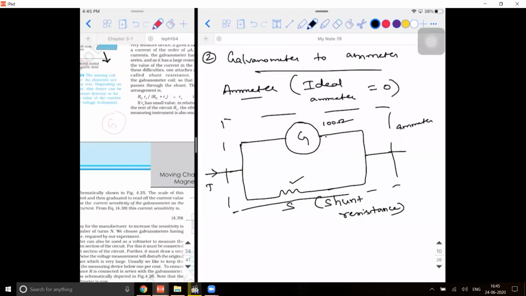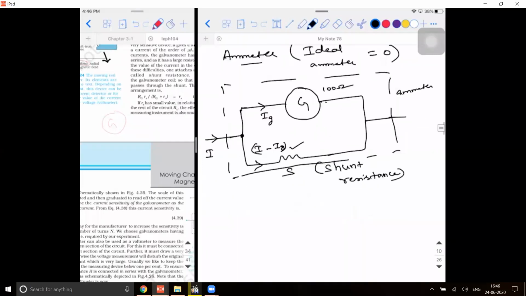Let's see. The total current that is supposed to be measured is I. That I, according to us, is 3 ampere. Now, according to the junction rule, what happens at this point? It divides. So here how much current should flow? It should always be the full scale deflection current, Ig. Then here what should be the value? It will be I minus Ig. Right. So how are the galvanometer and this connected? They are in parallel. So in parallel, what is the same?